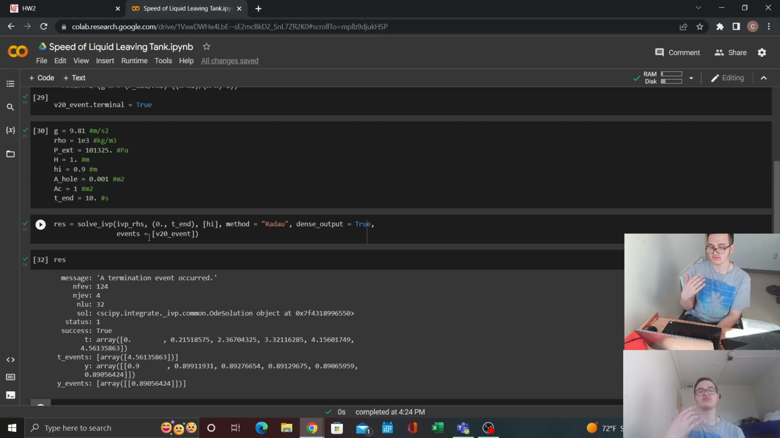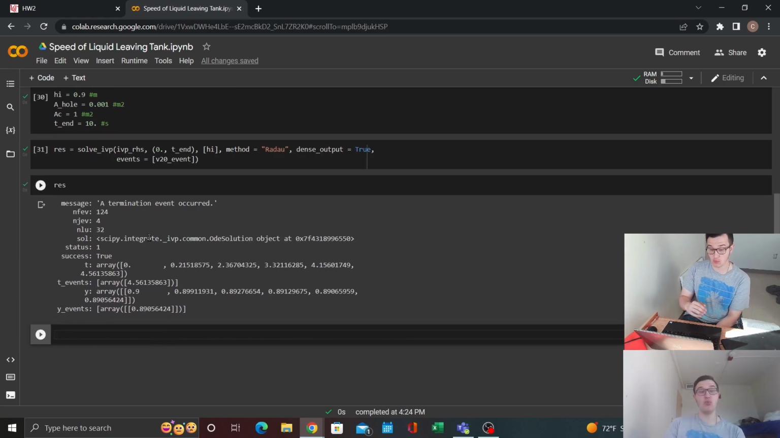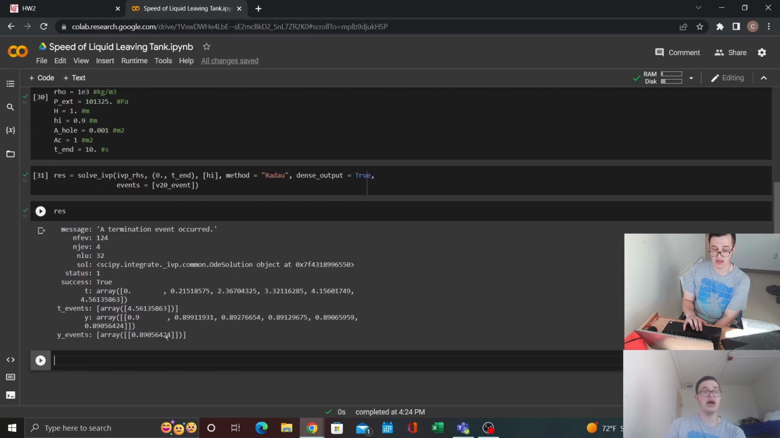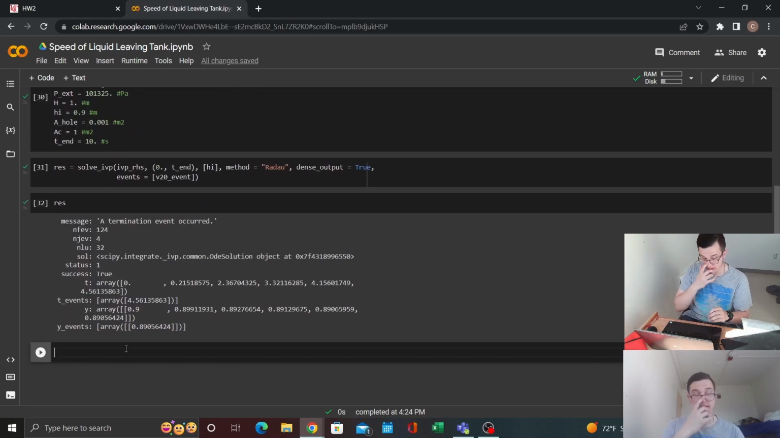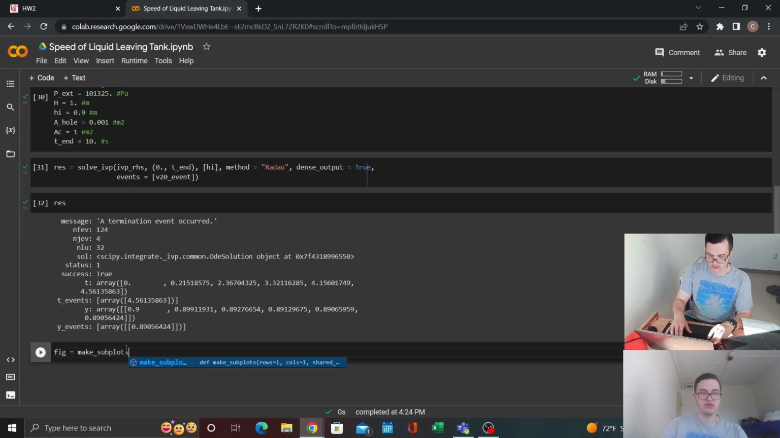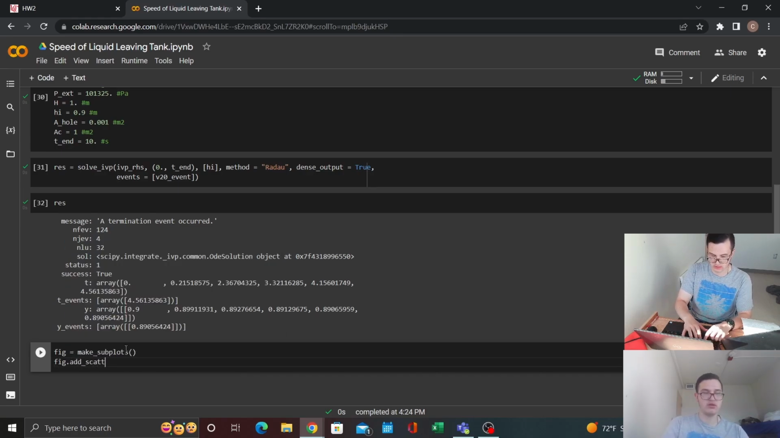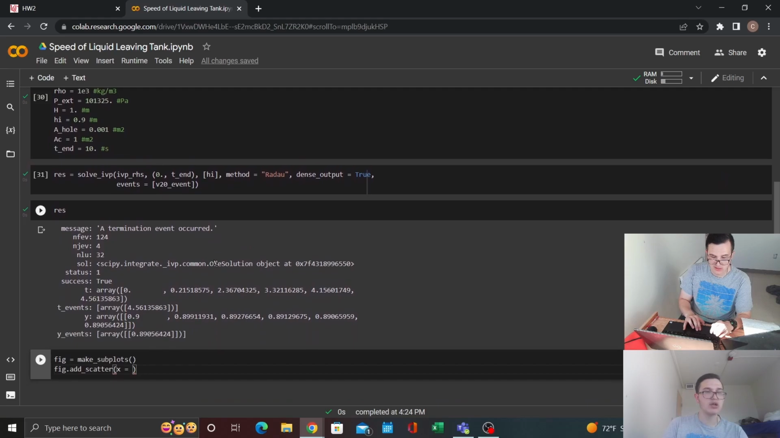So now that we've gotten rid of that, the resultant is correct. It's giving us the termination event occurring, which means that this event worked. And all that we need to do now is to plot it. So let's do fig equals make subplots. Fig dot add scatter. X equals, we'll do